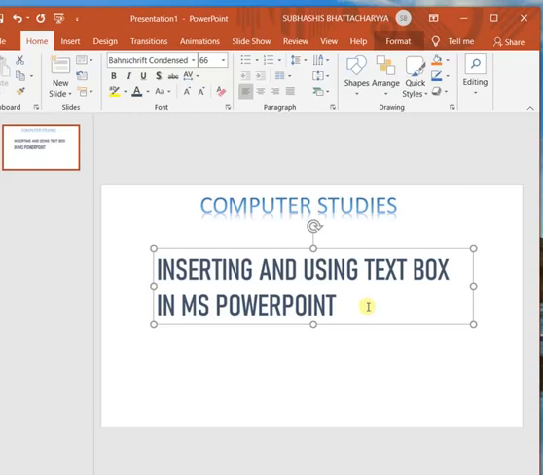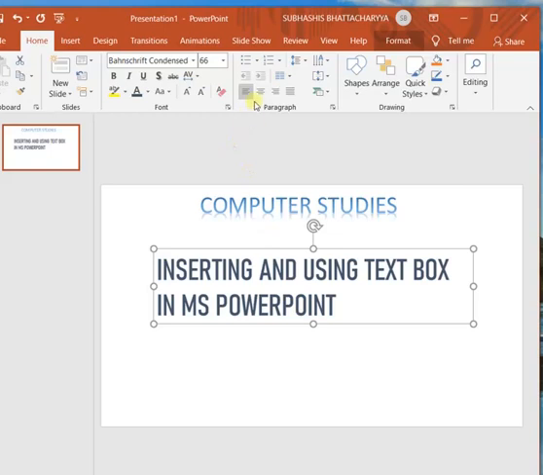Now, center alignment. Center alignment means all the lines in a slide are aligned to the center of the text area margin or the text box. The lines may not be of equal lengths, but the text looks equidistant from the left as well as right margins within the slide. You can see these two lines have different lengths. The first line is longer than the second line.